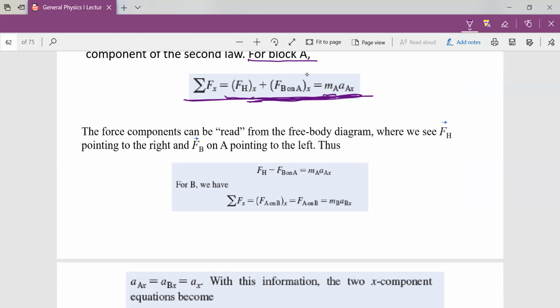So we proceed to putting the magnitude, or expressing the same equation in its magnitude form. We see the force of the hand pointing to the positive or right direction, and we see the force coming from B on A pointing to the left, which gives us the negative sign that I'll put here. So we'll have F_H,